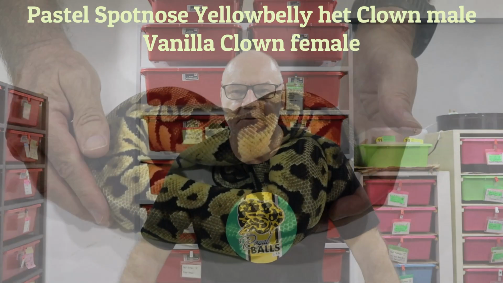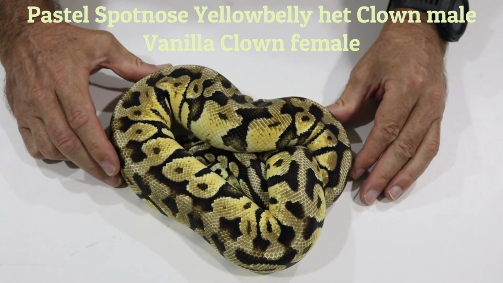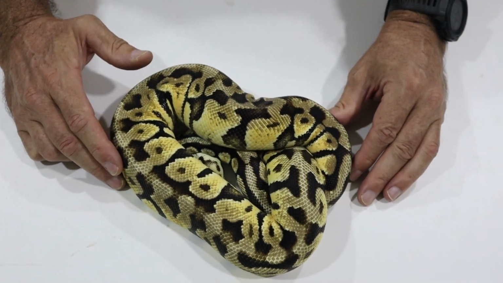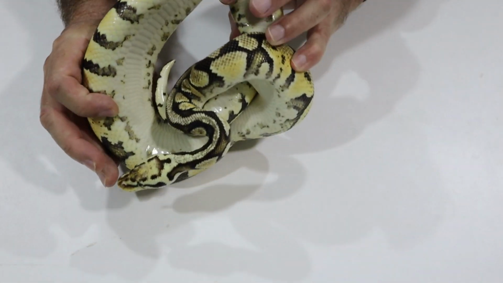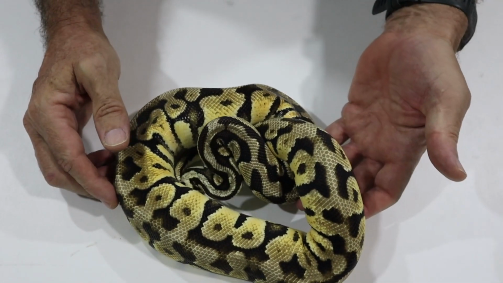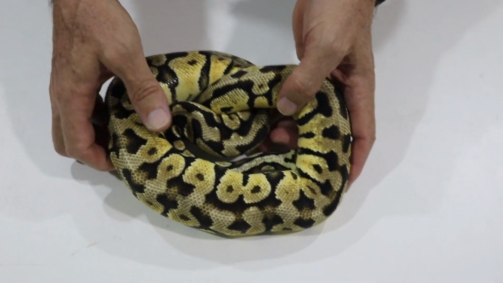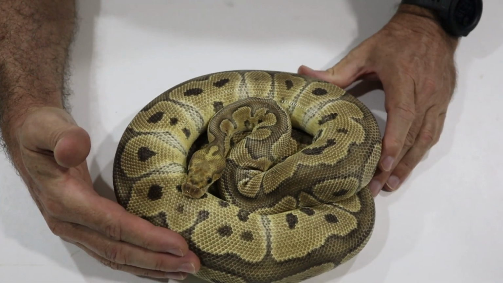Alright, on to the Spotnose Clowns. For the first of the Spotnose clutches I used this guy as the male. This is a pastel yellow belly Spotnose het for clown male. You can see the yellow belly influence on the belly there. So pastel Spotnose yellow belly het for clown male,